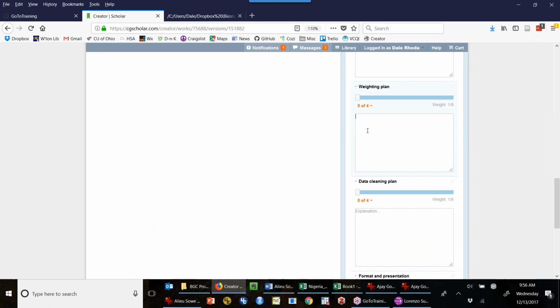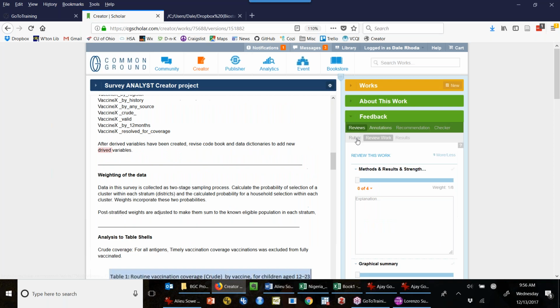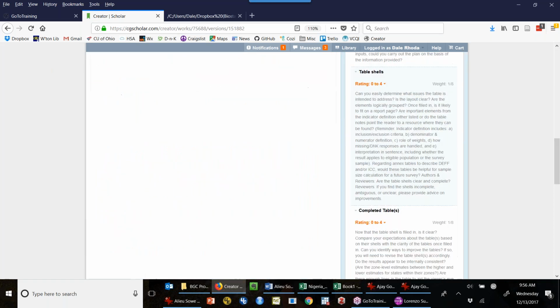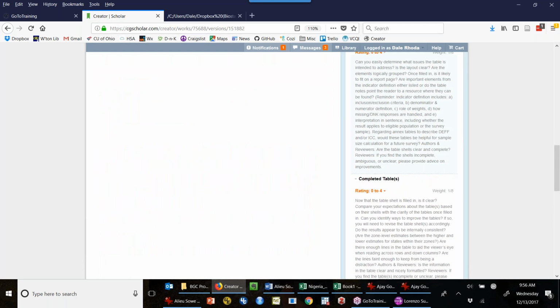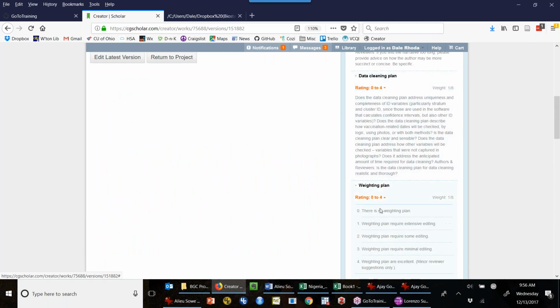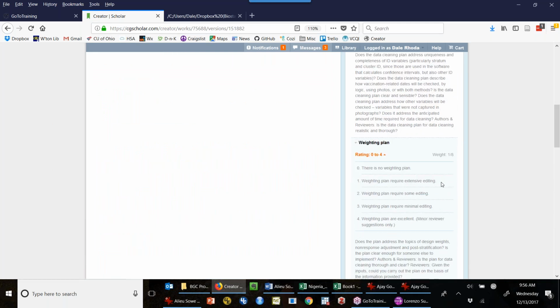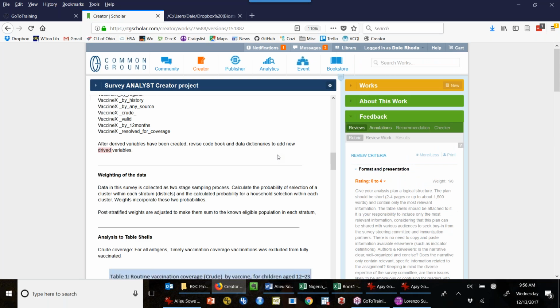So you can see that for the weighting plan here, I would come down and give some substantive feedback. And we have to remind ourselves what the numbers mean, but if we look at the numbers for weighting, you actually have to click on the tiny little orange triangle. That's right. Yeah, there you go. So requires extensive editing. It's probably a 1. So I will assign a 1 for this section. Extensive editing. There's some missing material, and I would say what that is,